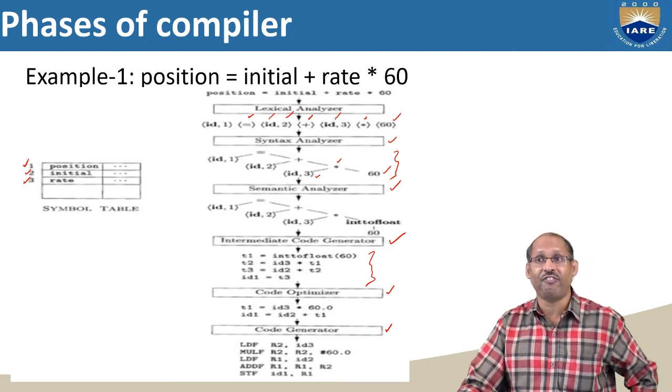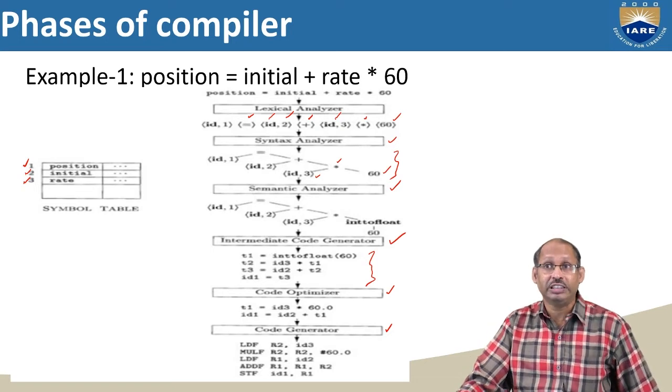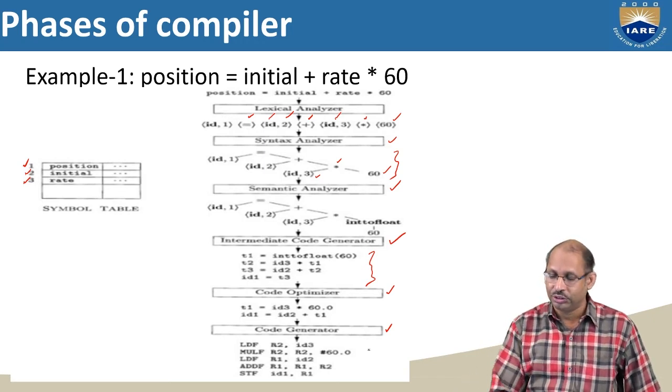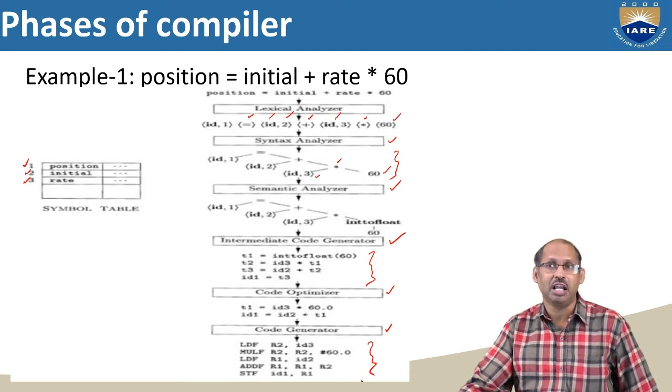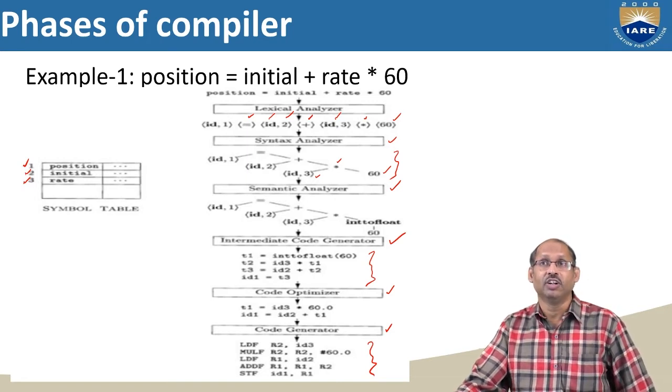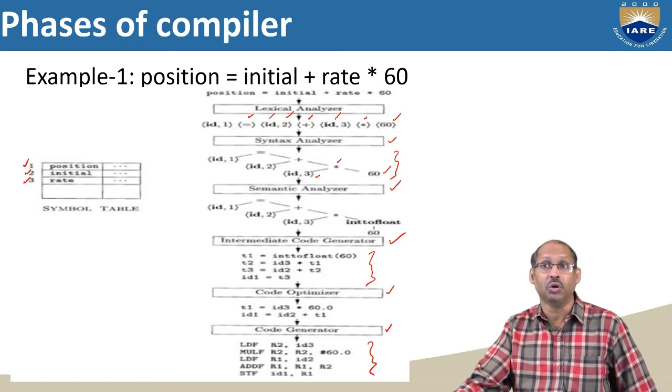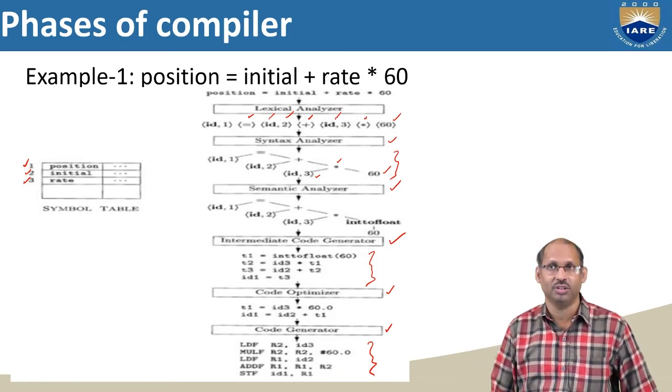The code generator is the final phase of the compiler which takes the input optimized intermediate code, which will be converted to the final machine code. So here this is the final machine code generated for the optimized intermediate code, right? So this is one example which converts the source statement in high level language to machine level language. Okay,